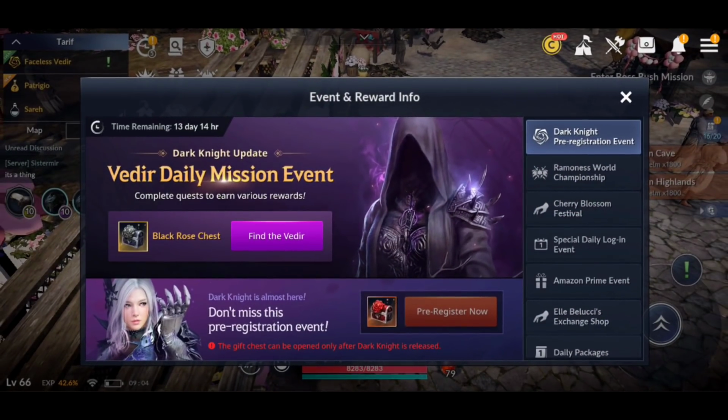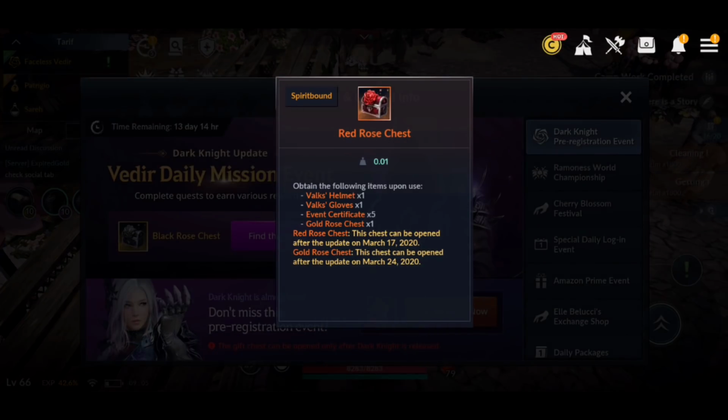All right, let's talk about events. The first event we have is the Dark Knight pre-registration event. So the Dark Knight's coming. We know about it now. They told us on Twitter last night. You actually want to make sure you hit the pre-registration button at the bottom to get your free Red Rose